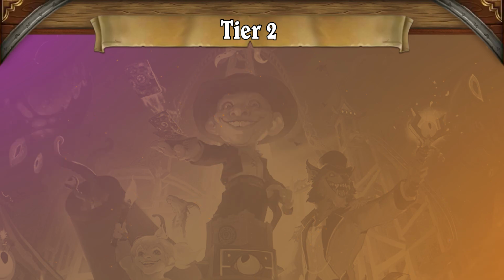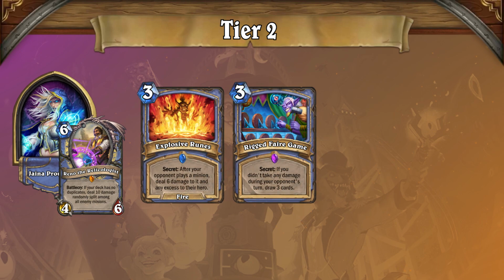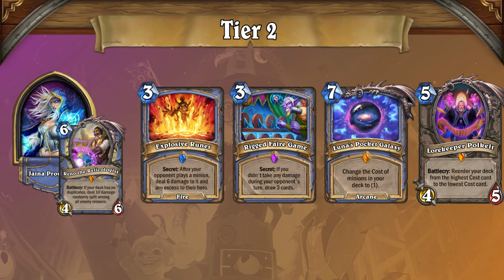The last returning deck in our Tier 2 spotlight is Reno Mage, which is proving to be a powerful dark horse pick at high legend. This rank 1 build of Reno Mage features a tidy secret package along with Luna's Pocket Galaxy, and with Lorekeeper Polkelt, it can stack the deck to draw a slew of discounted bombs and lock the opponent out with Lotheb